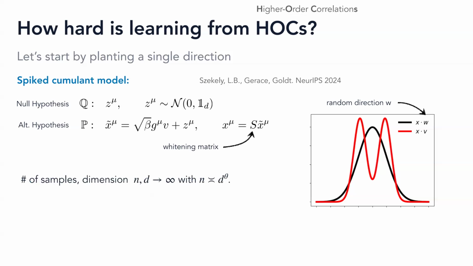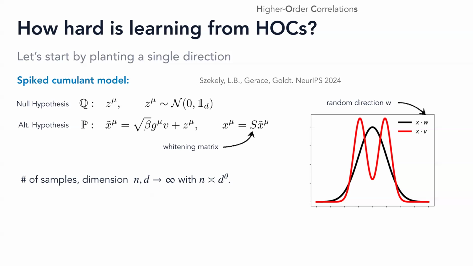Okay, now what we do is to study the problem in the high dimensional limit. Because in classical statistics, usually the dimension is fixed, so d is fixed, and n goes to infinity. But then it's a trivial problem because you will distinguish any two distributions with n going to infinity. In modern machine learning regimes, you never have so many more samples than dimensions because the dimension is the number of parameters that you have, and the number of parameters is crazy. Like in modern large language models, it's billions. So it's much more accurate to model them as both going to infinity with some scaling.